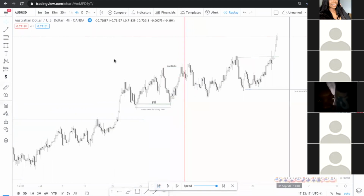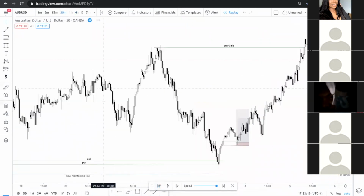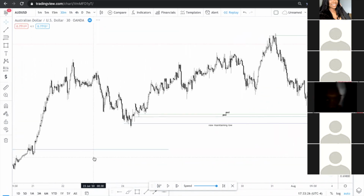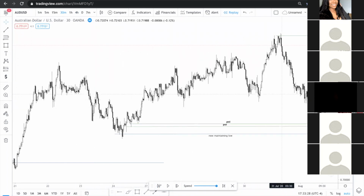I'm trying to remember when I said the word range. I think I said range here, when I said this is at the bottom, or the bottom or top of the range. Okay, so